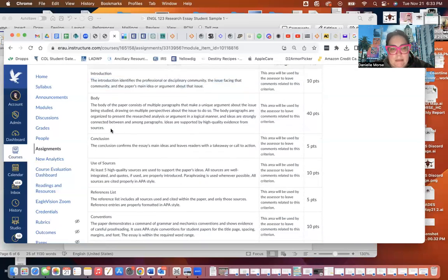The body, it says the body of the paper consists of multiple paragraphs that make a unique argument. We talked a little about that in class, about the issue being studied, drawing on multiple perspectives, i.e. your evidence, about the issue to do so. The body paragraphs are organized. This means you have good organizational structure to present the research analysis or argument in a logical manner, and ideas are strongly connected between and among paragraphs. Ideas are supported by high quality evidence from sources. Very standard